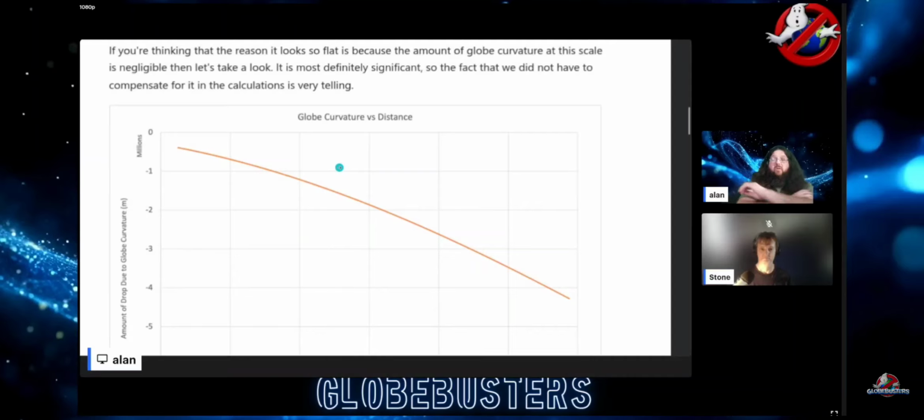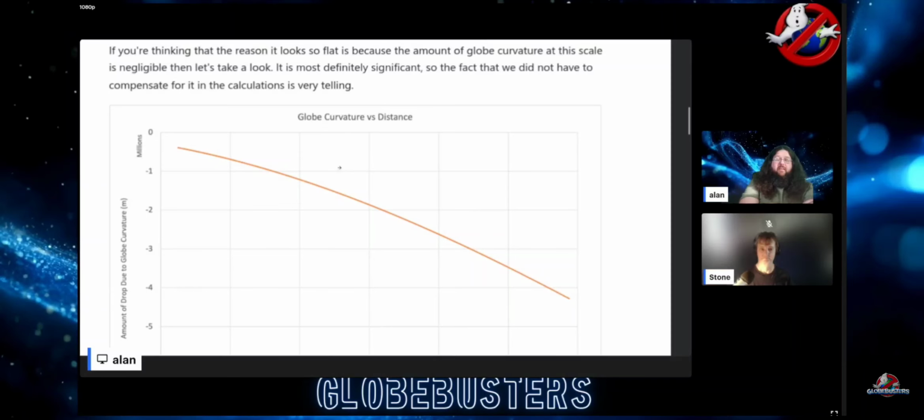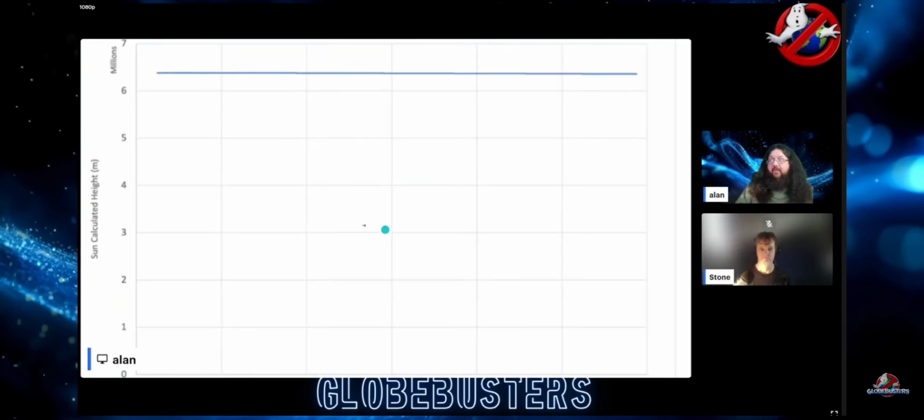So if the Earth were a globe, as you calculate the tangent function to calculate what the altitude would be based off of the angle and the distance of the shadow length, you would get a curve like this, where over 7 million meters, the length of the shadow, these observers would start plotting out an elevation change. So it would look like this. There would be 4 million meters of curvature over that 7 million meter shadow length for the observers as you plot out that change.